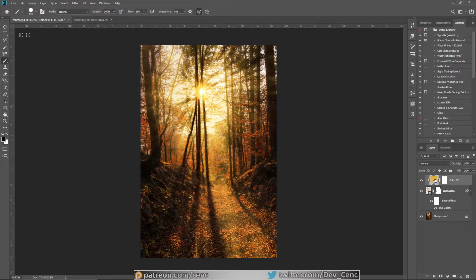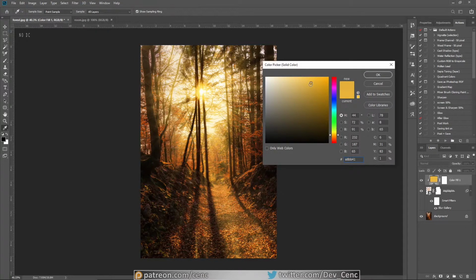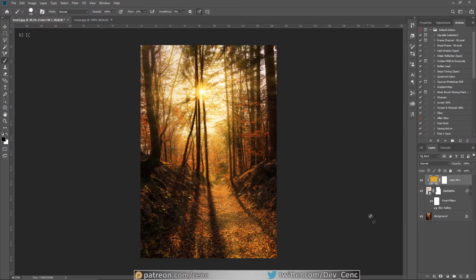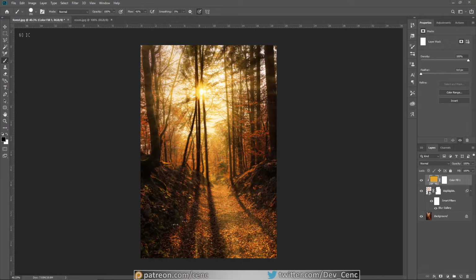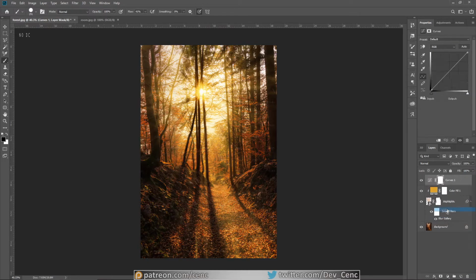If you wanted to change the colour, just double click on it and make it a little bit darker. There we go. Looking pretty good. Next thing we're going to do is add some highlights to the ground area and here where the sunlight is touching. To do that, we just go to our adjustment layer, curves. We take this up,